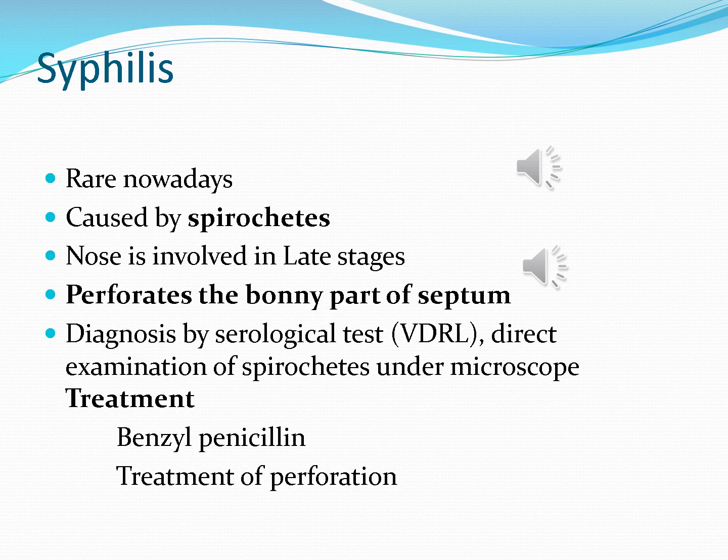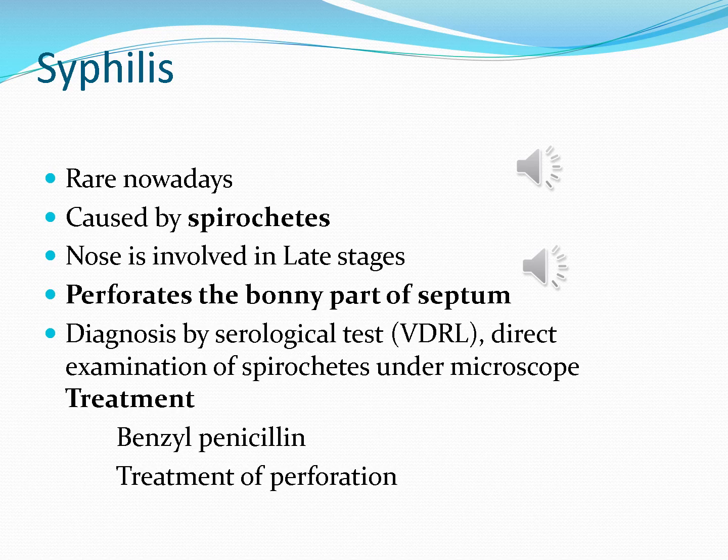A toxic cause of septal perforation is cocaine addiction. People who are using cocaine or sniffing cocaine can get perforation of the nasal septum. Syphilis is a rare disease nowadays, and it is caused by spirochete infection. It has 3 stages: primary, secondary and tertiary. The nose will be involved in the late stages, meaning the secondary and tertiary stages, and it will form granulomas inside the nose and cause destruction of the bony part of the septum.